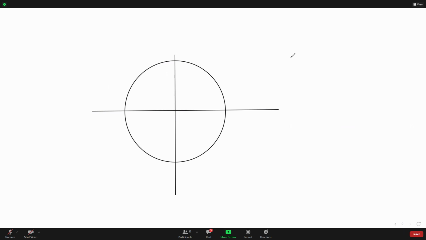So let's analyze this situation. Let's consider a point right there. This is the radius of the circle. And at this point right here, I have a velocity vector that's tangent to the path and looks